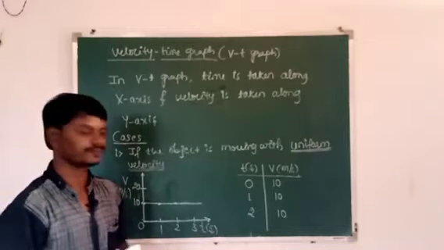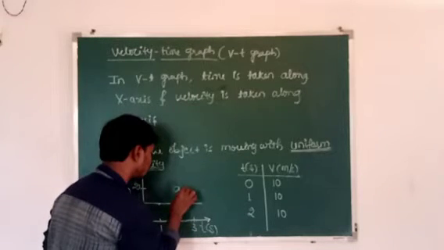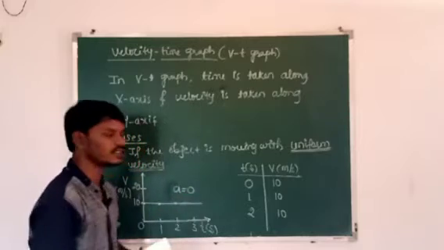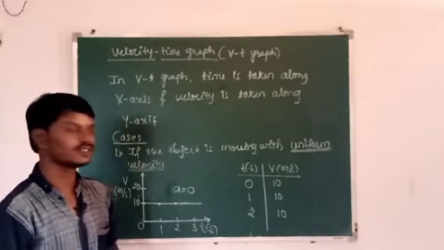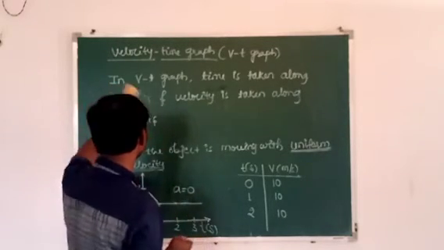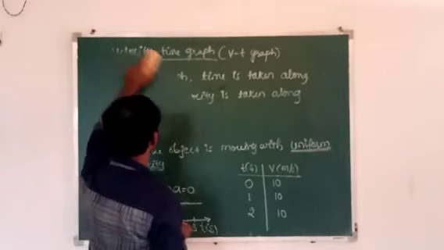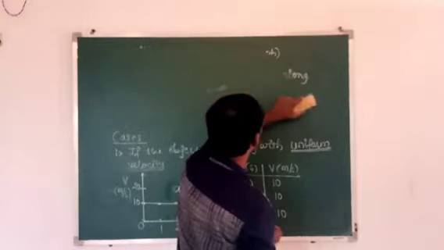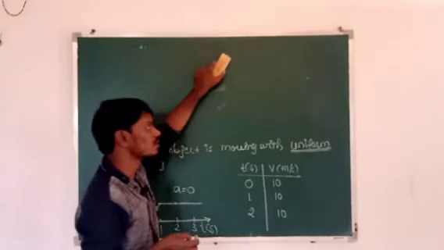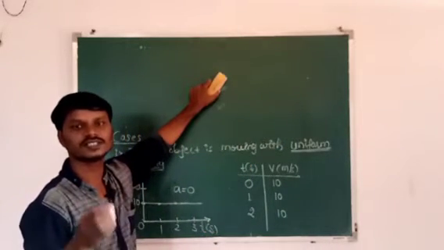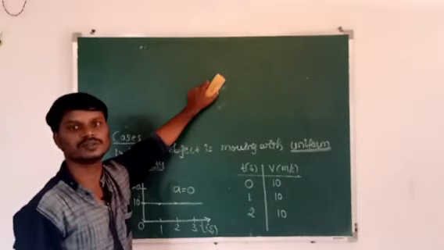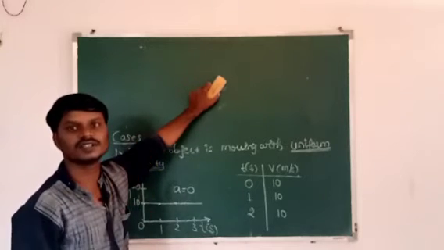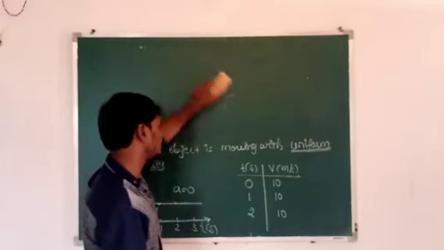Acceleration is 0. If the object is moving with uniform velocity, then the acceleration of the object is 0. Listen here, already you know that. What do you mean by acceleration? Acceleration is nothing but change in velocity divided by time taken. Okay, so if there is no change in velocity, that means it is 0, then the acceleration of the object is also 0.